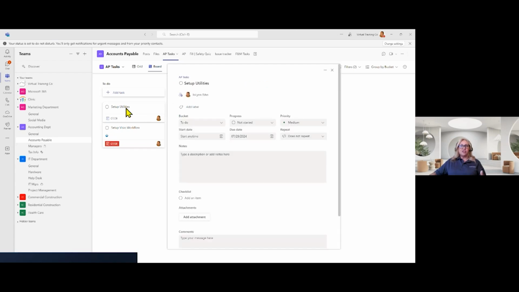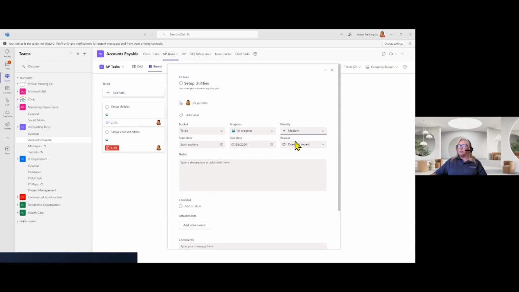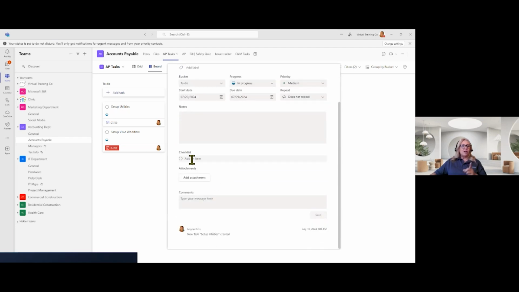If I want to make changes to it, all I do is click on it. It opens up the window to give me options for making changes. Whether I want to say it's in progress, change the priority, put in a start date, change the due date, or type in notes. Down at the bottom, one of the cool things is a checklist. So to complete this task, I have multiple things I need to do, like I need to talk to